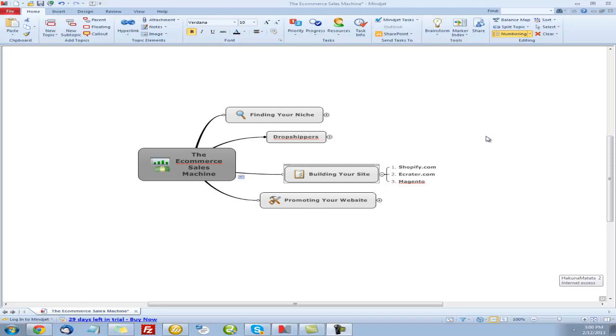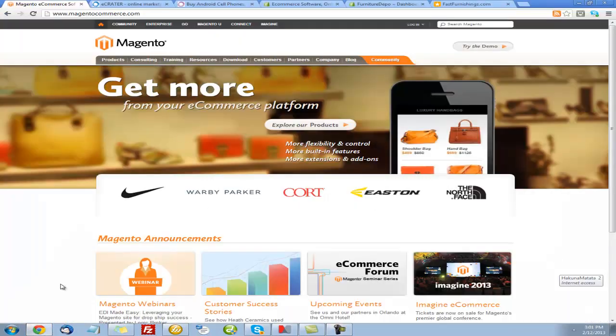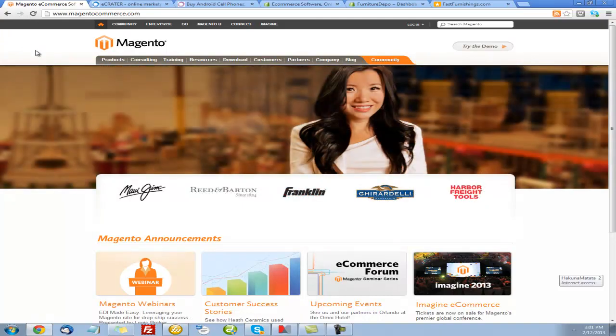self-hosted version of e-commerce, where you have to get your own domain name, you have to get your hosting, and install the Magento platform. Just like you would install WordPress for blogs, Magento is for e-commerce websites. So if you want to try Magento, you can head over to magentocommerce.com, and a lot of big companies and